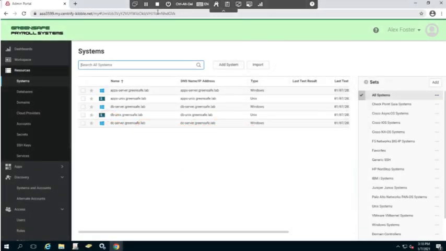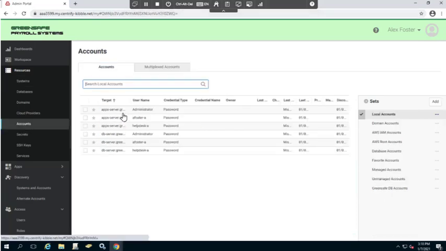Now in this technical demonstration, we're going to focus on those privileged accounts. In a previous demonstration, we went through the process of discovering accounts. In this demonstration, we're going to manually add accounts. So what we'll do here is I have my systems. If I go over to accounts, it'll show me the discovered accounts that we currently have. Now, all of these accounts apply to two of my Windows servers, but I do need to add accounts for